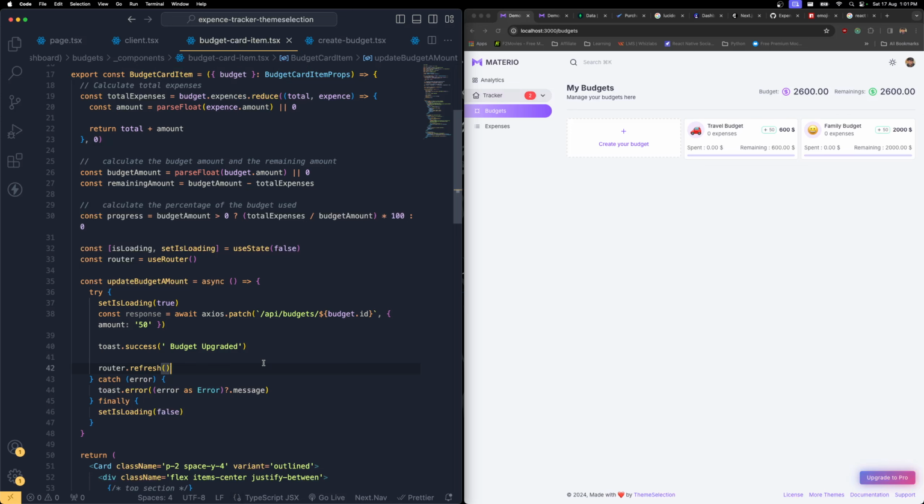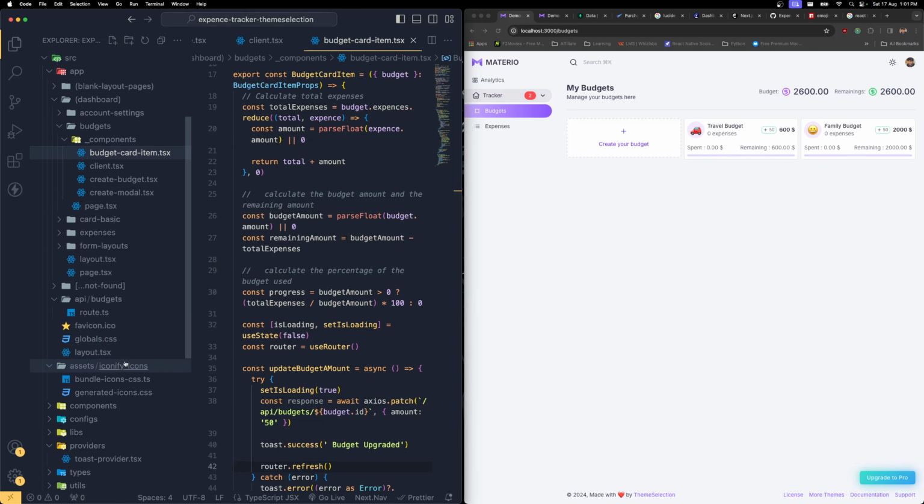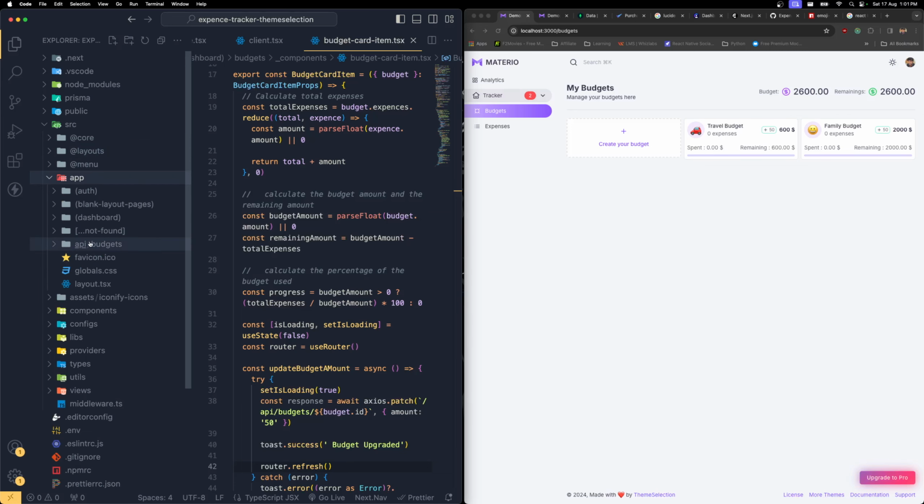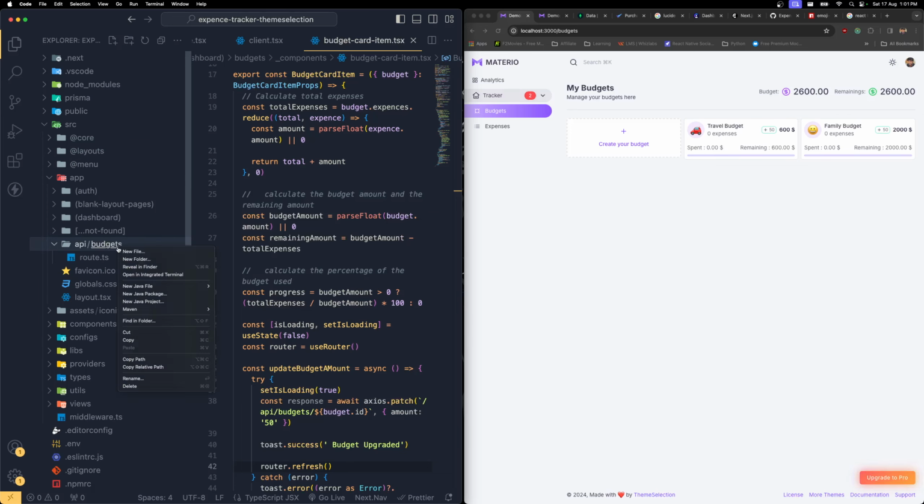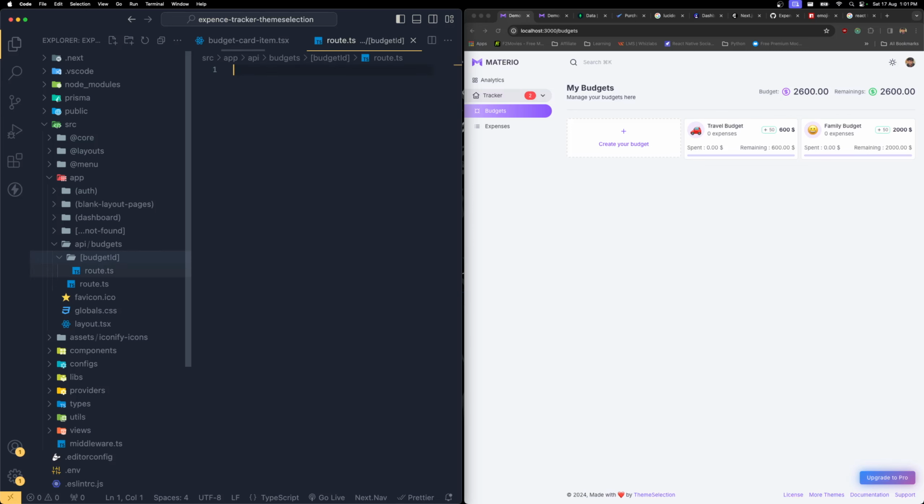Save those changes. Now if you check this out, of course you will run into an error because we don't have this in our API. So what I need to do is open our source app, get into the API. Inside the budget, I'm going to create a new folder with the square bracket called budgetId. Hit enter. I'm going to create a new file called route.ts. Okay, so in that, what we need to do is